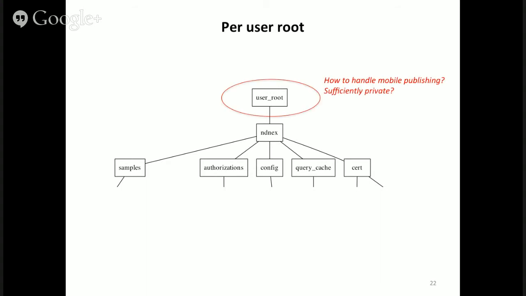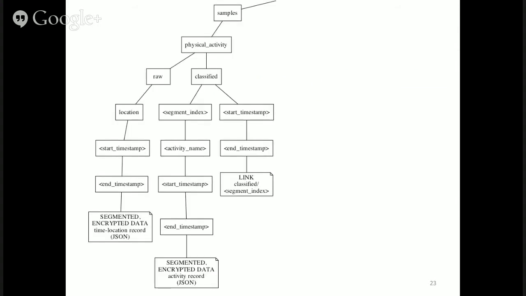ecosystem. Again, the user root, I'm hand waving around a little bit that this could be in any number of root locations, a publishing namespace provided by an ISP, which would have one set of considerations, a publishing namespace provided by an application provider, and all of these things have different implications. I think in some case, the immediate challenge is really how do we handle, again, mobile publishing, where the device that's publishing into this namespace is getting connectivity potentially in many different places and over many different networks. Okay, so